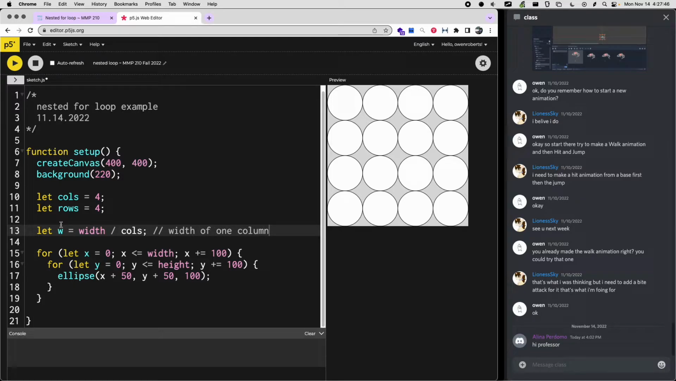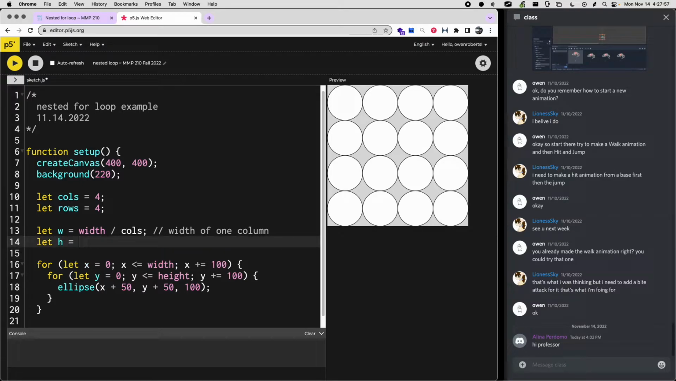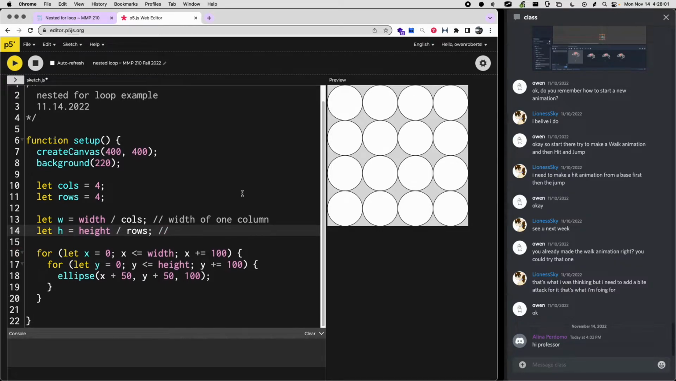And then we're going to have to use this not only for the size of our shape, assuming we want this shape to match, but also for how much we increment by here. So then we can do the same thing with height. So we say let h equal height divided by rows. So now we can deal with the number of columns and rows